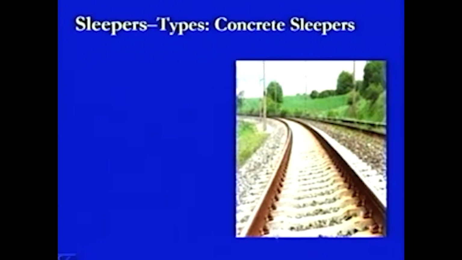Here the section is thicker, whereas at this location the section is thinner. The reason is that whatever loads are coming are dispersed through a certain area in this section. So, we have taken some distance up to this point and some distance up to this point, after which the section has been reduced, and it increases again as we come toward the other rail section. So, this is a mono block